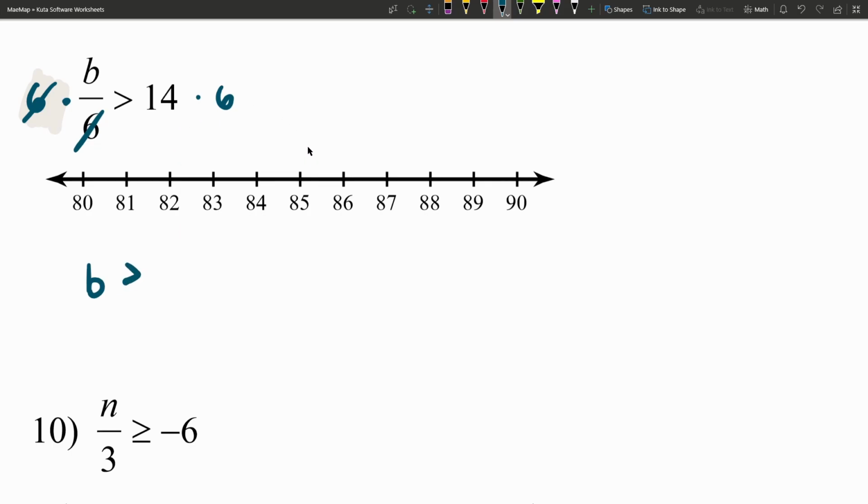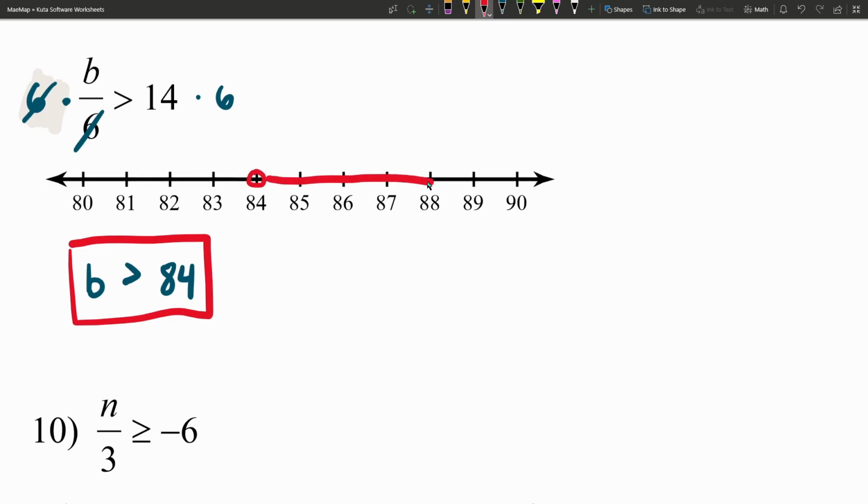14 times 6. So doing this quickly in our heads, talking through it, we know that 6 times 4 is 24. So we'll have a 4, carry the 2, 1 times 6 is 6, plus 2 is 8. So 84 will be our number. So b is greater than 84, which again, 84 is 14 times 6. So that's our solution. And we're going to circle 84 and shade everything to the right, but do not fill